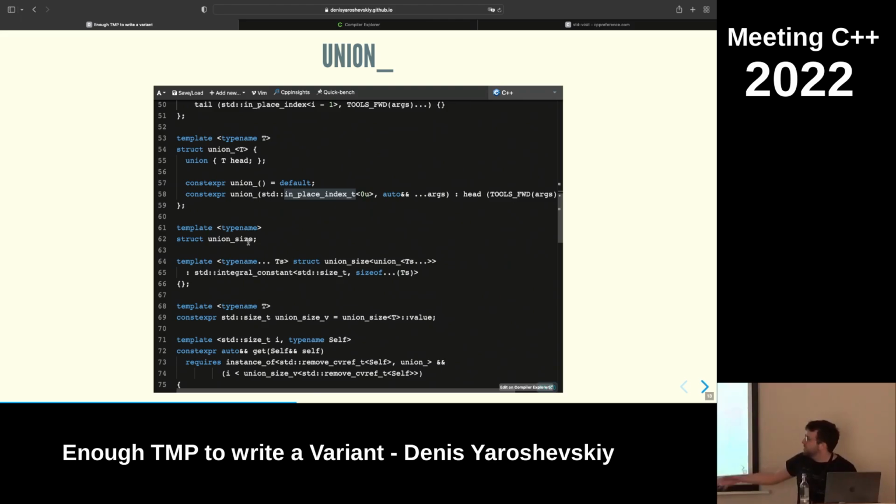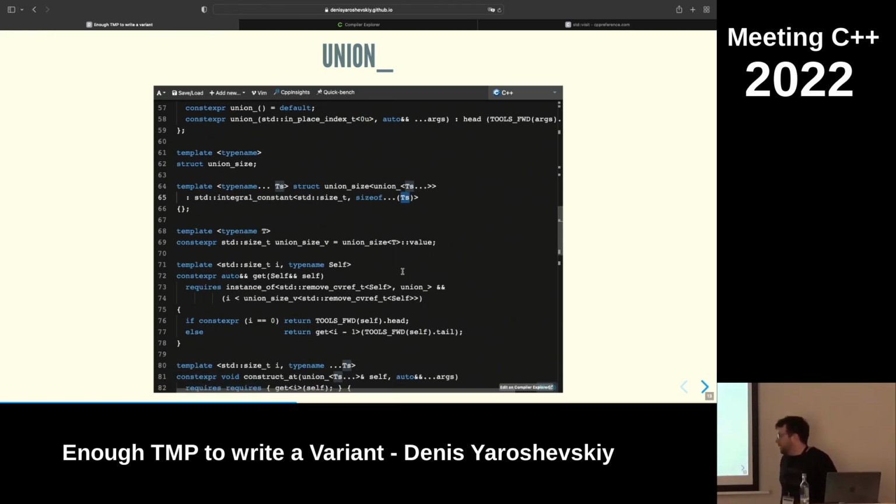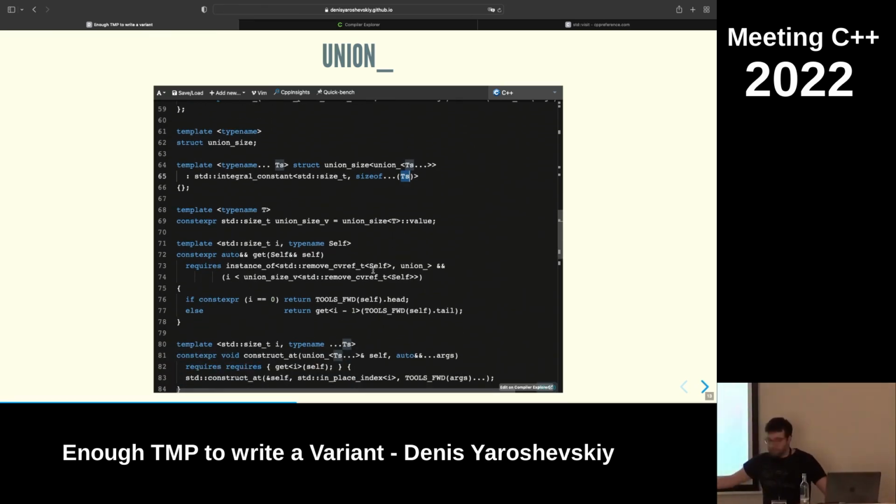Yeah, it's again very simple. It's done with this template specialization. I have a base case, and then I specialize it for a union. And here I say, oh, okay, size of TS is going to be my template union size. And get. So get, the implementation of get is very simple, right? If it's 0, forward, get head. If it's not 0, get tail. That's it. You see we're using tools forward, and this becomes very clean implementation compared to me having to do all the forwarding myself. The tricky part is the requirement, right?